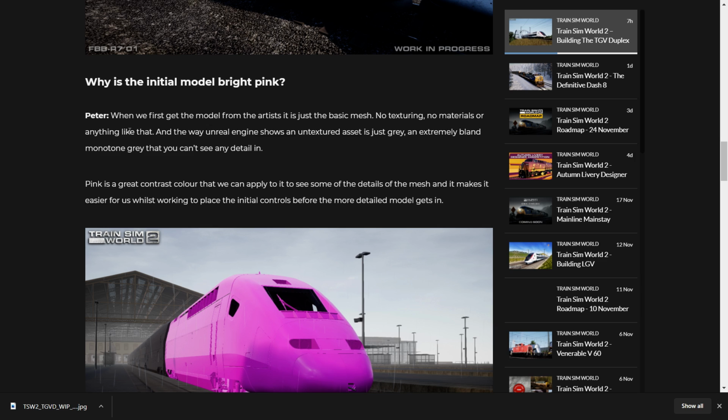But anyway, when we first get the model from the artist, that is just the basic mesh. No texturing, no materials or anything like that. It's the way the Unreal Engine shows an untextured asset: an extremely bland monotone grey that you can't see any detail in. So see the grey in the background, that's what they're talking about. So it actually is like that, but I think the team